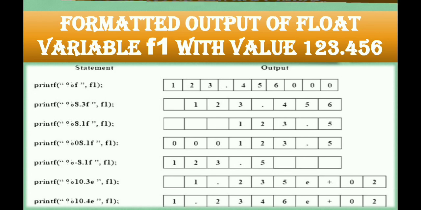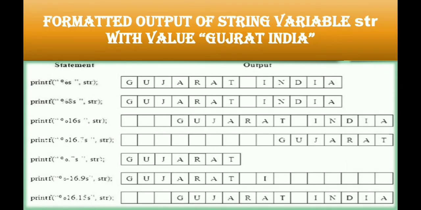Now lastly we are going to see the formatted output of a string variable. So here the variable name is str and the value we have stored in the string variable is Gujarat India. So first, the simple output without any specification, only the specifier and variable name. The specifier of a string variable is %s, and the variable name is str. So in Gujarat India 13 characters are there in total,